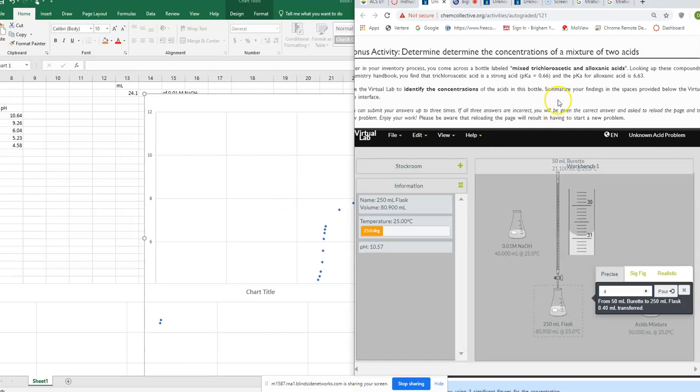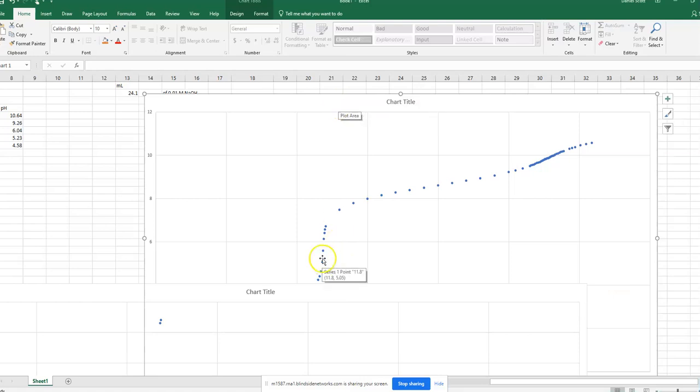Let's look here. If we have the pKa of 0.66, then that would be pH. What would the pH be? pKa is 0.66, pH is 0.66, pKb would be 13 point something. So that's not helpful. pKa here 6.63, pH 6.63. So that, I think, could be useful for helping us identify the